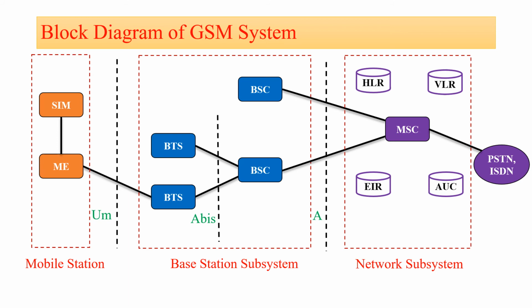Now the MSC basically performs the switching function of the system by controlling calls to and from other mobile and the data system, and it includes the functions such as the network interfacing and the common channel signaling. Now let's see the working of our HLR, that is home location register. Now HLR is the database software that handles the management of the mobile subscriber account, and it stores the subscriber address, then service type, then the current location, then forwarding address, then authentication and billing information.